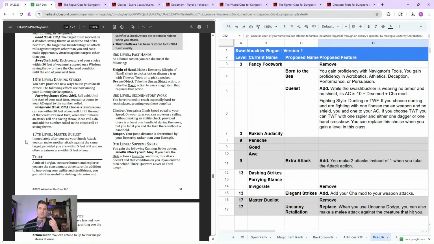So instead, I propose we get rid of Master Duelist and replace it with Uncanny Retaliation, which a lot of people loved as I went through the different options of features. I think that one got unanimously a thumbs up, and nobody gave it a thumbs down. And I'm going to change the name to Uncanny Retaliation. Previously, I called it Uncanny Riposte, but I like following conventions in the game. The more you follow a convention, the easier it is for everyone to understand, right? And if you go against convention, especially when we're talking about rule mechanics. Now, when you're talking storytelling, going against convention is great. When you're talking about rules, mechanics, and things that people have to remember, going with convention is far better.